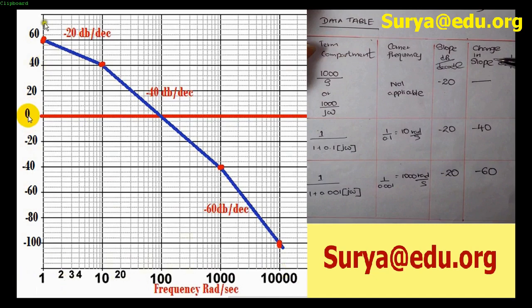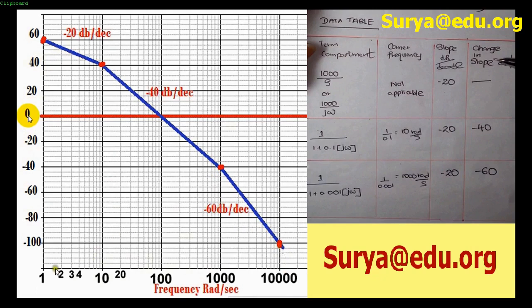The next axis is the magnitude plot, where we use the values of m1, m2, m3, m4 that we calculated. As you can remember, m1 is the magnitude responsible for the frequency 1 radians per second. Then m2 is responsible for the corner frequency 10 radians per second. Then m3 is for the corner frequency of 1000 radians per second. Then m4 is the last magnitude, responsible for the corner frequency 10,000 radians per second. So it's very easy now.